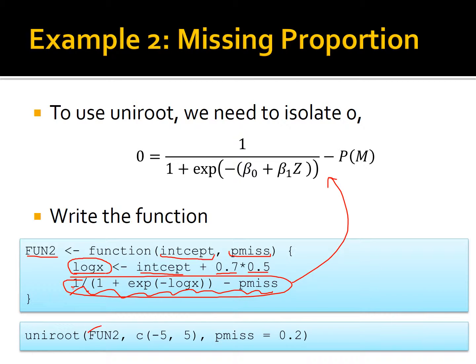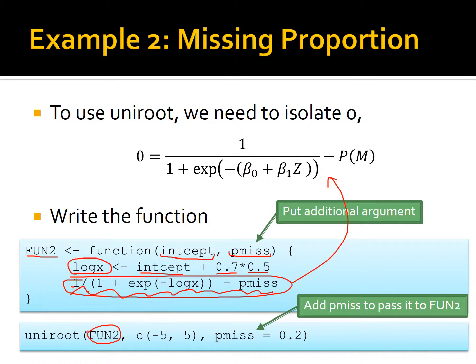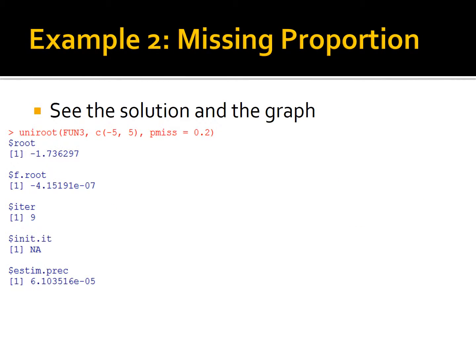So I put fun2 over here. The interval is from negative 5 to positive 5, and the proportion of missing is 0.2. So every time I put the second argument in the uniroot function over here, you can pass the proportion of missing, and then p miss will be passed into the function fun2 like this. So let's see the solution. You see that the intercept equals negative 1.736,